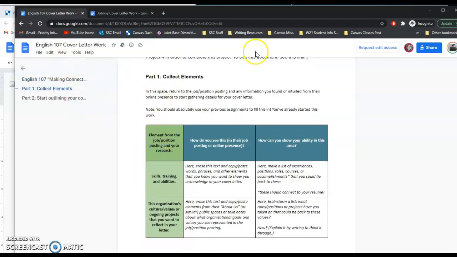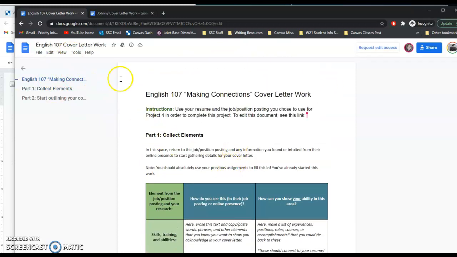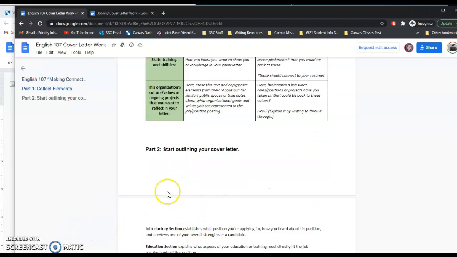So come into this. You can't edit it where it is, but you can make copies of it and mess with it and do whatever you want. Make your own little outline here and